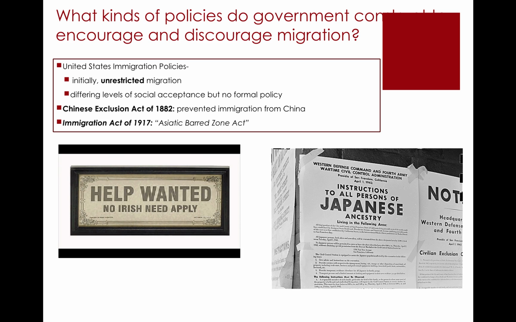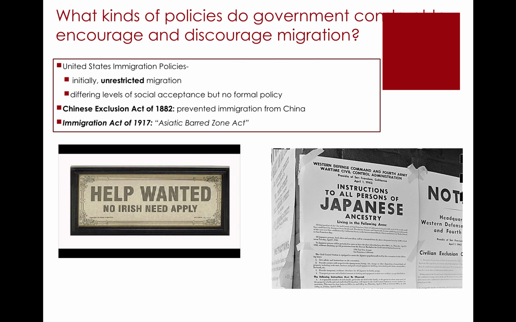Unfortunately, that began when one of the first major immigration policies was the 1882 Chinese Exclusion Act, which barred immigrants from China from coming to the United States. It was based upon a stated fact of there being a threat from Chinese laborers coming, but the reality is this was just based upon prejudice against Chinese immigrants at the time.